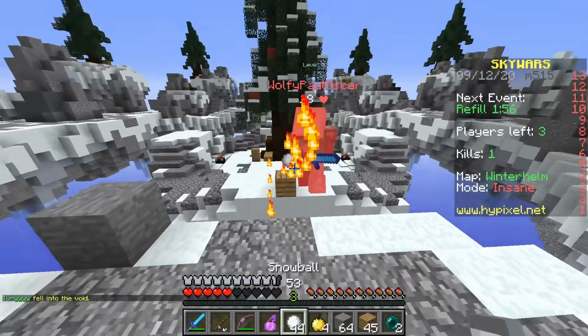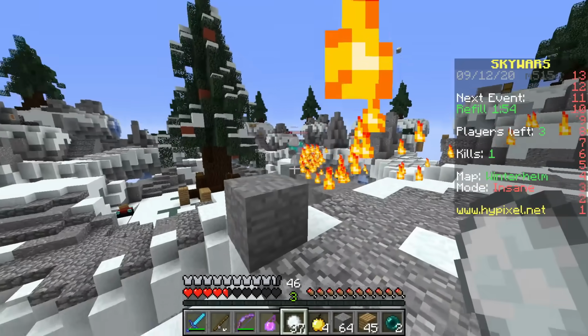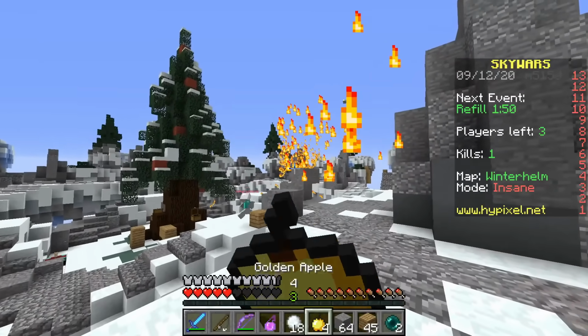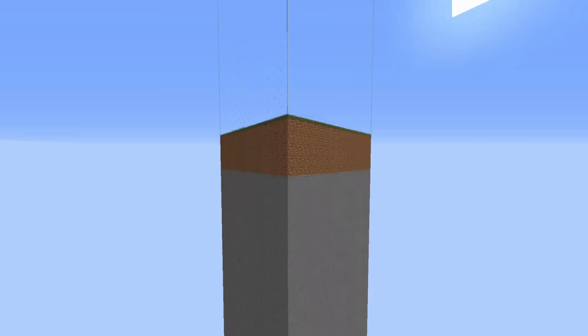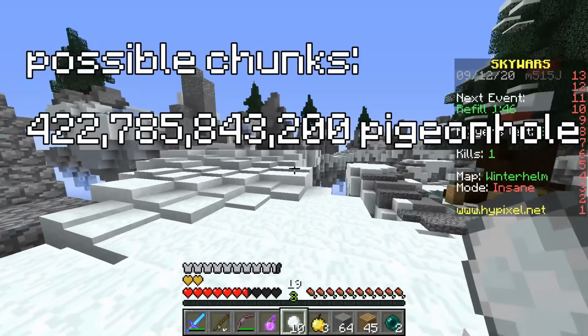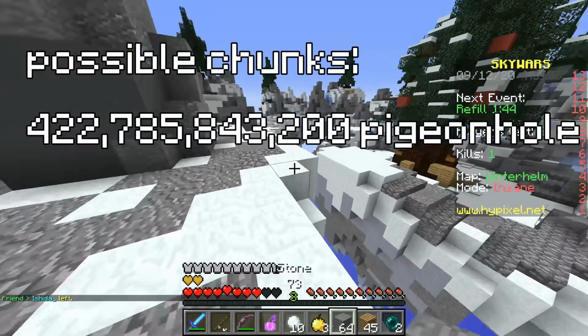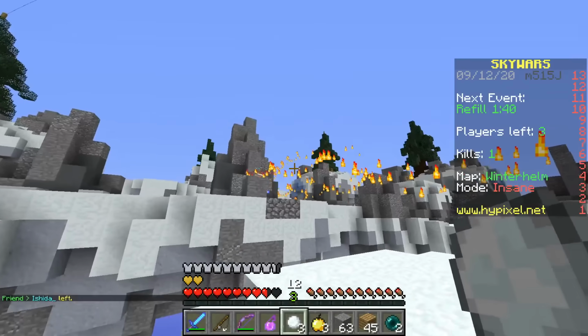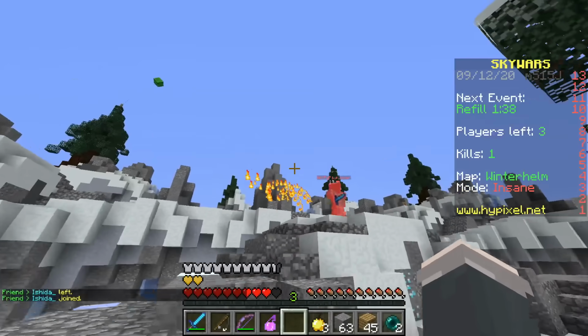I then had one more idea, and that was to only look at plains biomes. I used some very scuffed mathematics and assumptions to estimate the percentage that each block made up of the world, and used this model chunk to help visualize the distribution of blocks, with this percent being air, this percent being stone, etc. With this new distribution, the total was far more manageable at 422,785,843,200 possible plains biome chunks, assuming those plains biomes had no structures in them, except mineshafts, not including villages and strongholds.